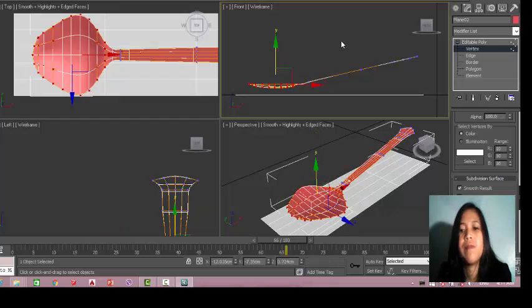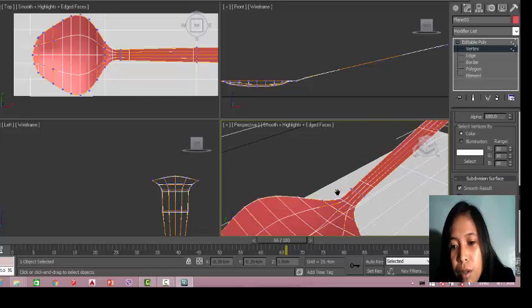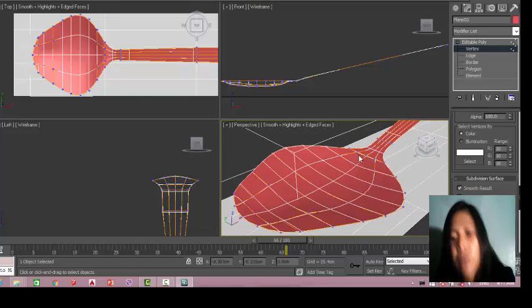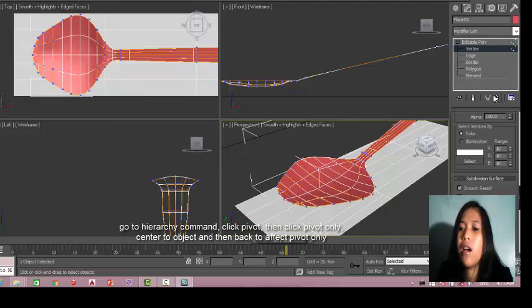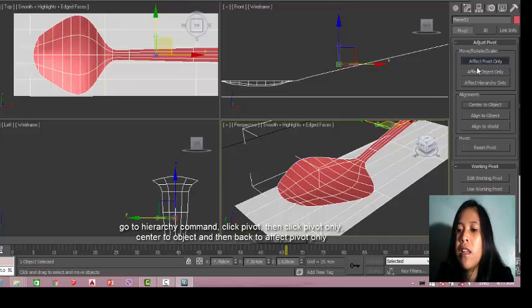So after that, I will go to the hierarchy, click this pivot, then tag pivot only, then center to object, then move back to pivot only.